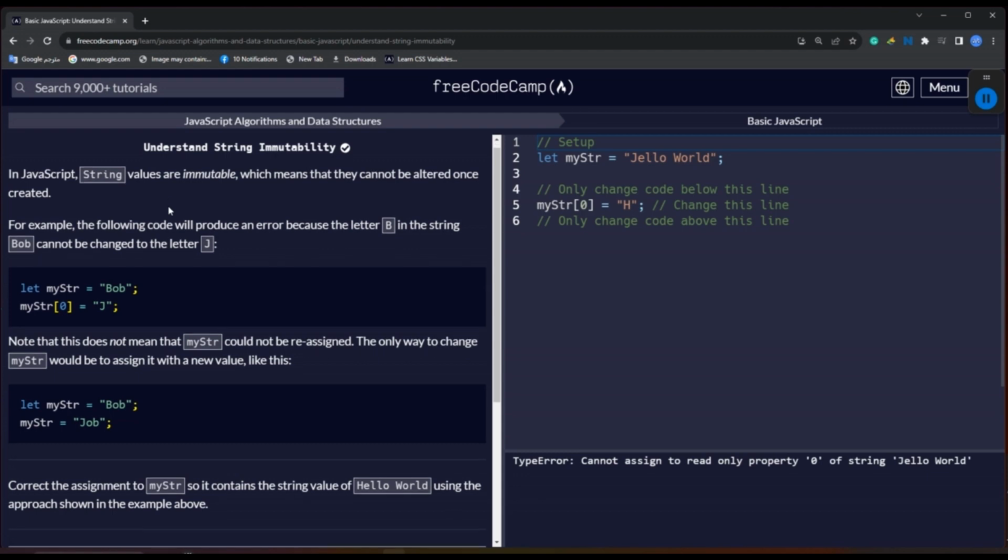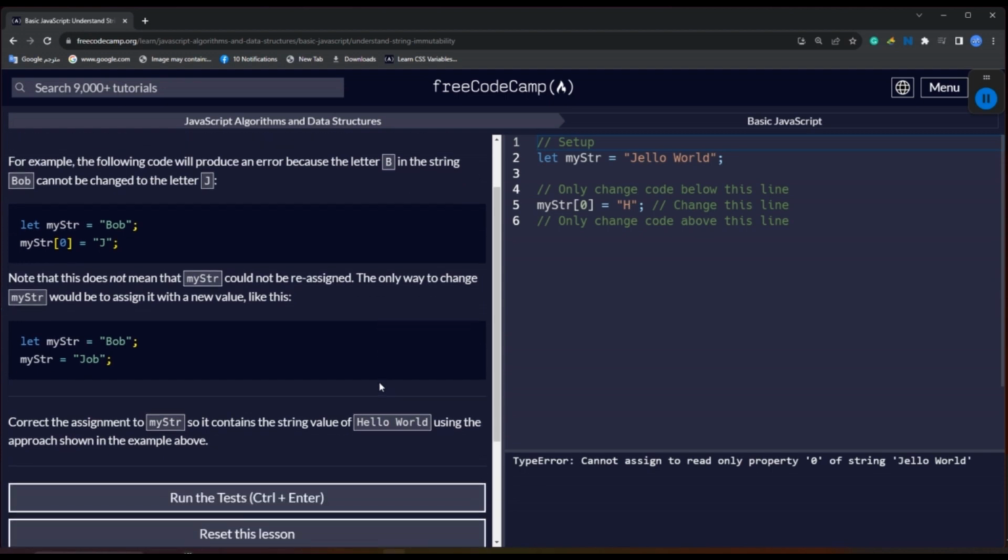Note that this does not mean that myStr could not be reassigned. The only way to change myStr would be to assign it with a new value, like this: let myStr = "Bob"; myStr = "Job";